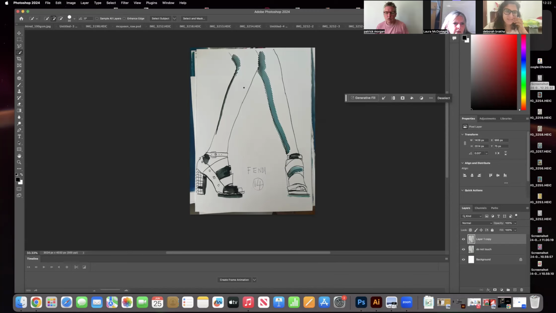Yeah, so what Deborah was asking, Laura, was if we made a selection of the lines and then inversed the selection, I'm going off what you said, Deborah, and then used levels. Right. The reason I don't do that is because sometimes it puts a little white crispy edge around the edge